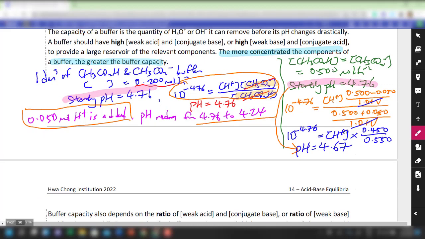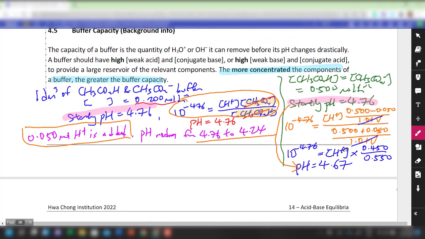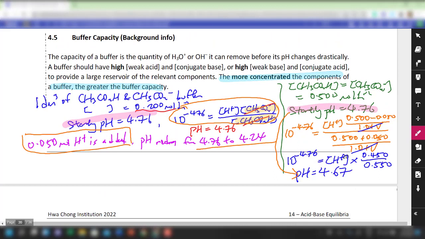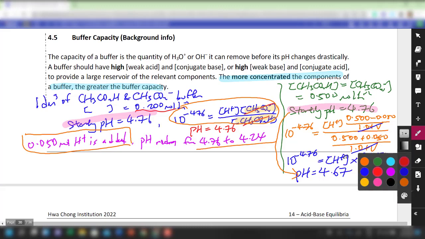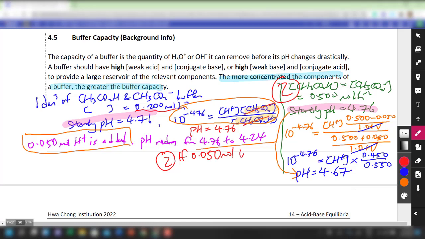Then you notice that over here, I'm only working with H plus. Okay, so what if I choose to add OH minus? If I choose to add OH minus, I can confidently tell you that the pH for this particular buffer, maybe I will just call it buffer 2, the pH of buffer 2, if 0.050 moles of OH minus is added, the pH will change from